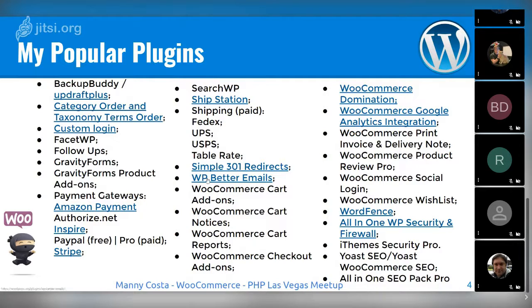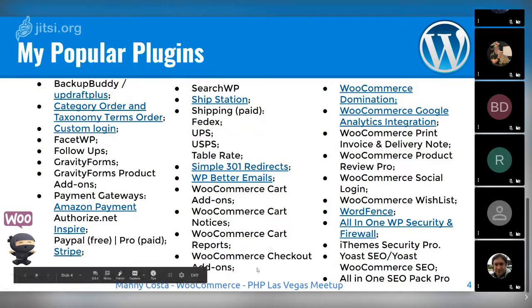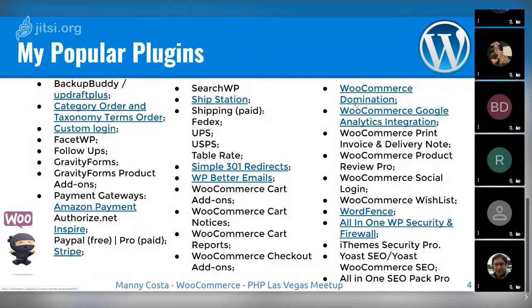WP Better Emails is also good because the out-of-the-box WooCommerce emails are ugly, so you can make them look better using this one. There is a bunch of WooCommerce checkout and reports and stuff. One of my favorites is actually WooCommerce Domination. It's a very simple plugin, but if you are building a store using WooCommerce and the main activity in the backend is to manage the store,